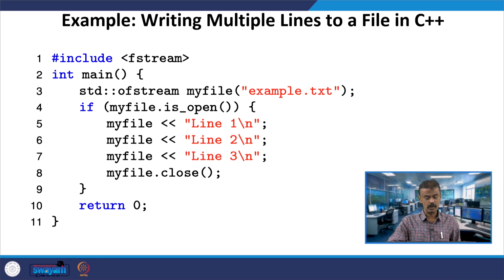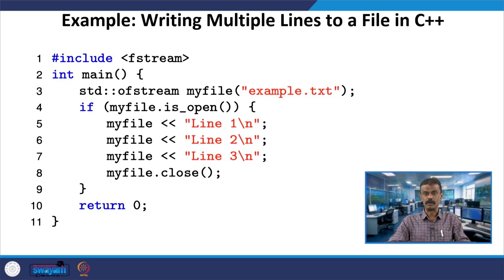Line number 4, my file is invoking is_open. If it is able to open example.txt, well and good. Then in that file, example.txt, I will write line 1, line 2 and line 3, or we have done welcome to file handling in C++, right, and then you have to close this.